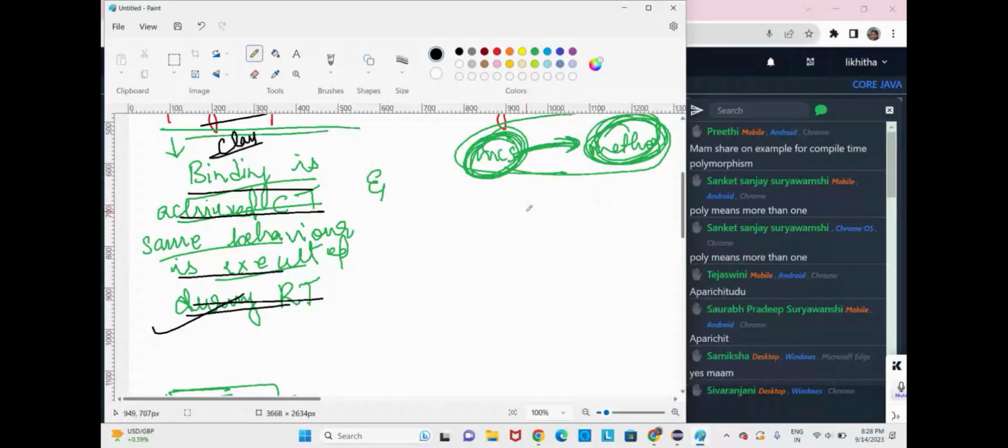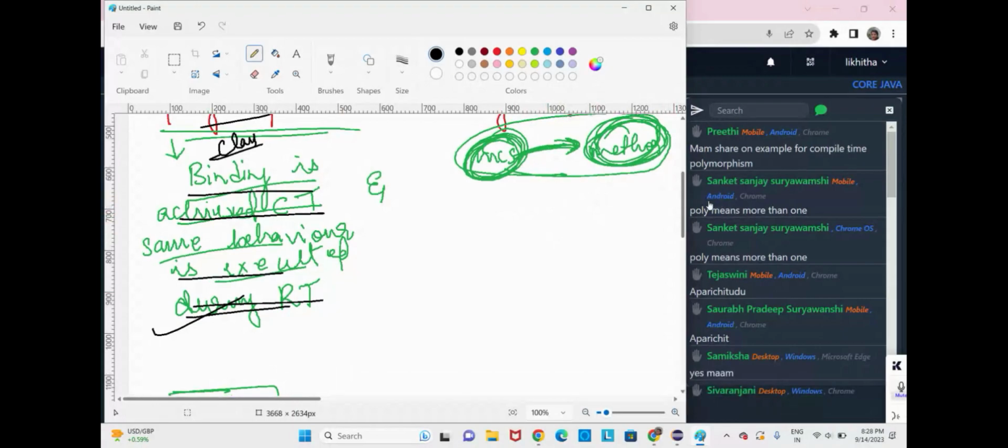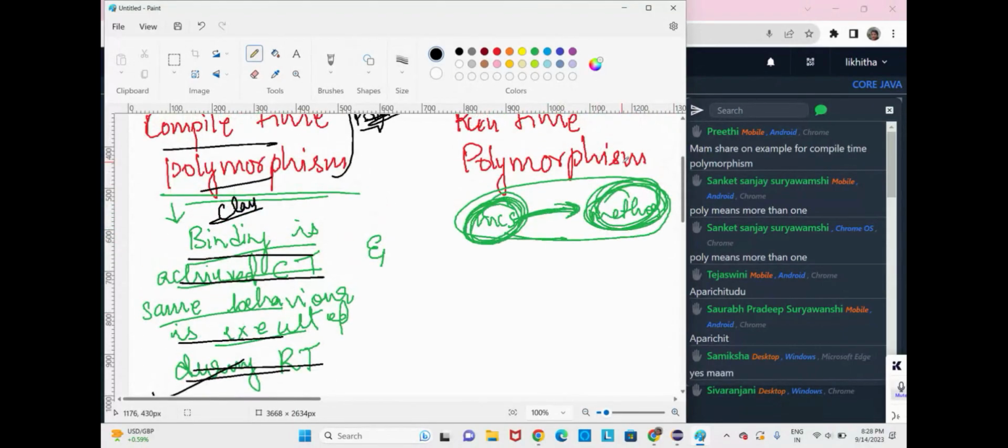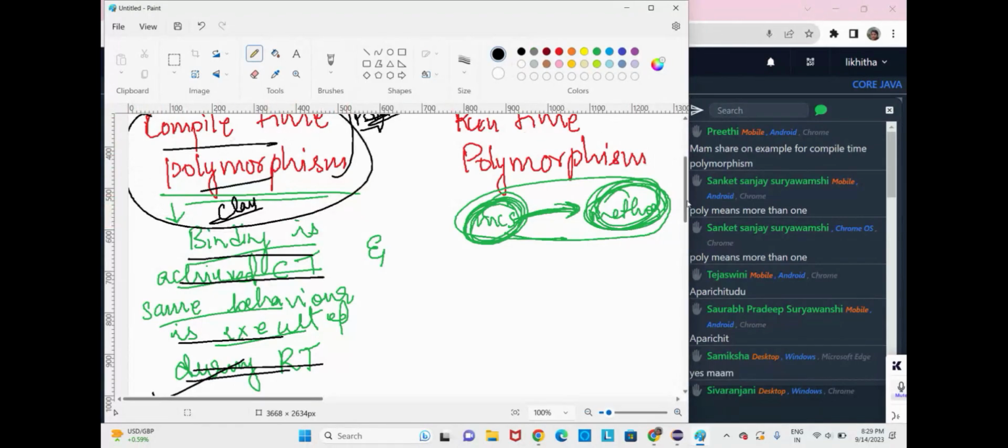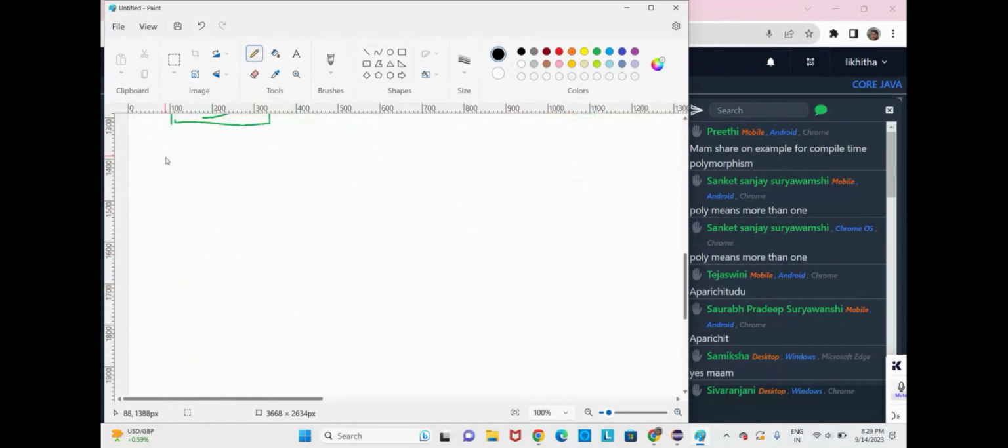Yes, we will see what compile time polymorphism is. Compile time polymorphism can be achieved in four ways. Okay, so those ways are, you can achieve compile time polymorphism by, first one,